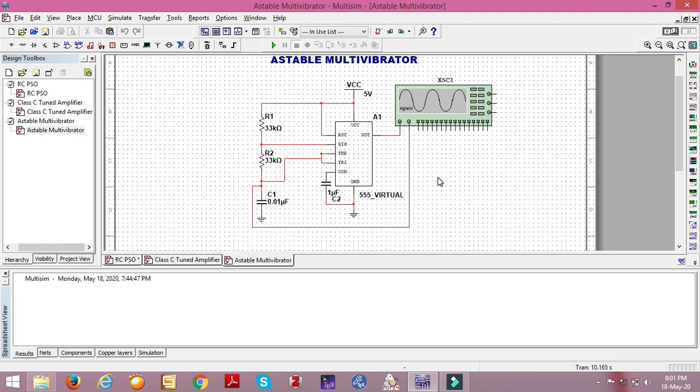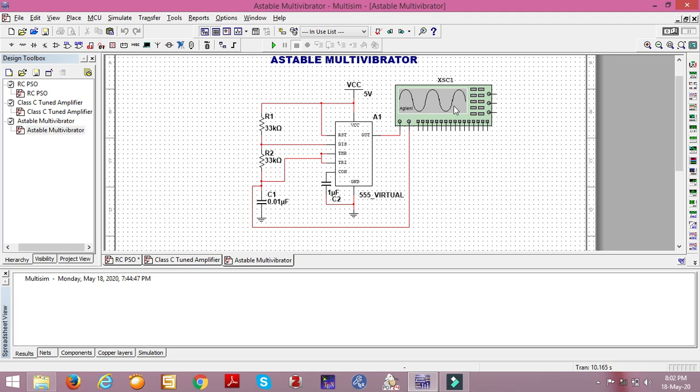In this astable multivibrator, the given specifications are frequency and duty cycle. The astable multivibrator is used to produce pulsed type waveforms or a square wave for the given duty cycle and frequency. Here in this case the components are selected to produce a square wave or a pulsed waveform with a duty cycle of 66.6% and a frequency of 1.5 kilohertz.